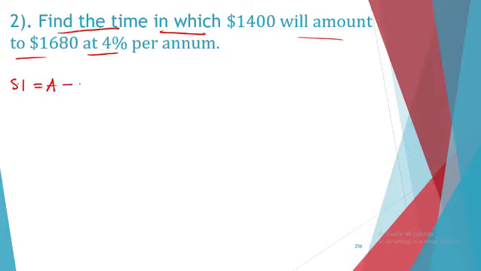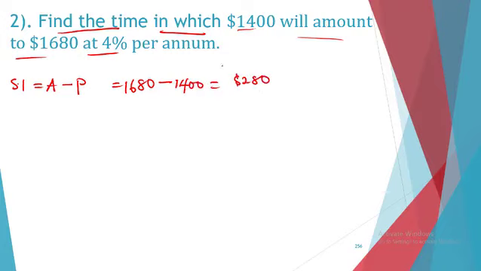A minus P. What's our A? Our A is the amount, and our P is the principal. So we have our A, which is the amount, to be 1,680, minus the principal, which is 1,400, and we have